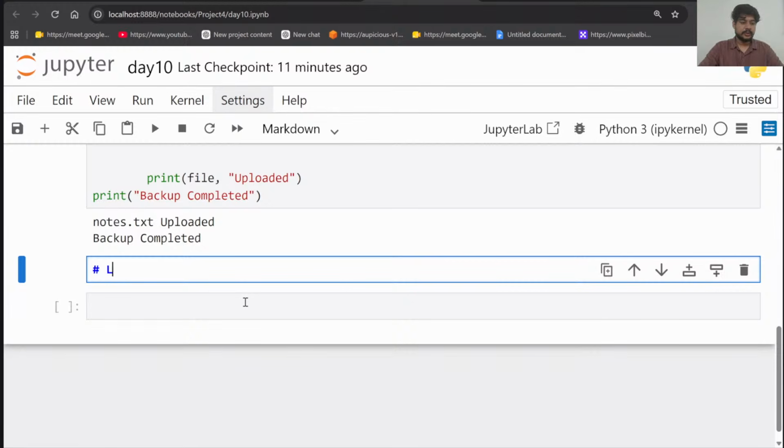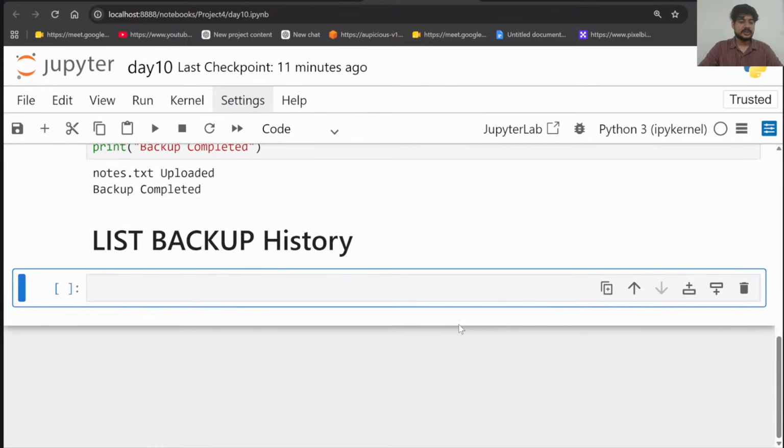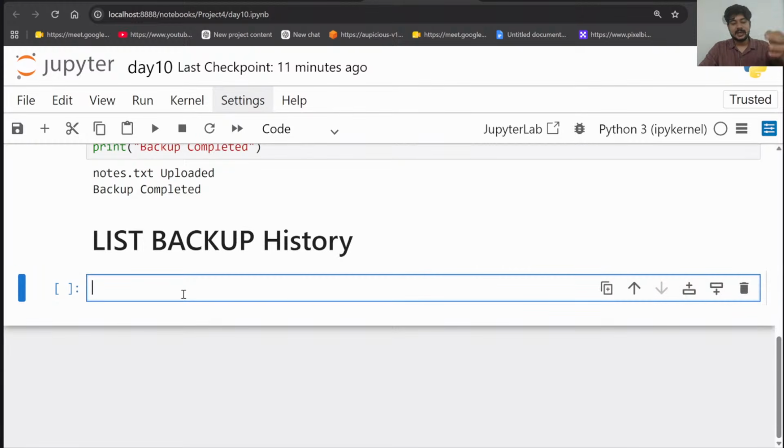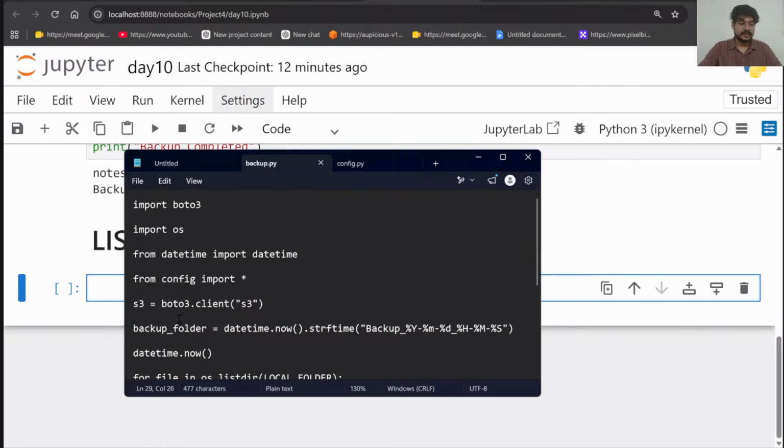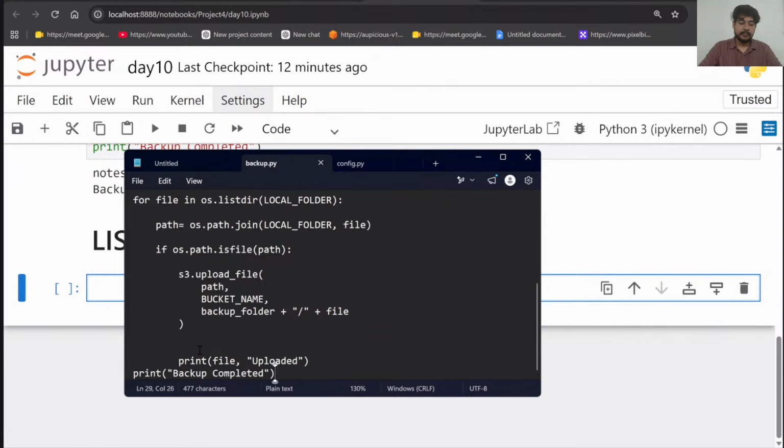Right? One more thing I want to do is list, for example, the backup history. I want to list the entire backups over here. Now in this case, for whatever backups are created inside that folder, we are writing the whole code again. Why? Because right now I am running this code on my own and every file is a unique file, and later on I will import all these files in one single code, and then from there this code will run.